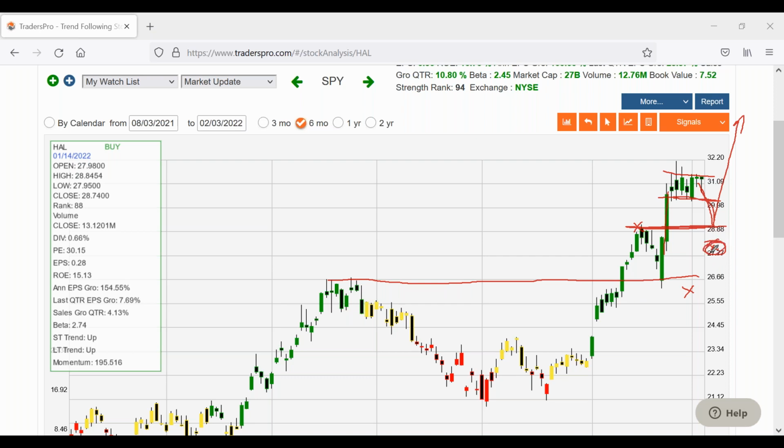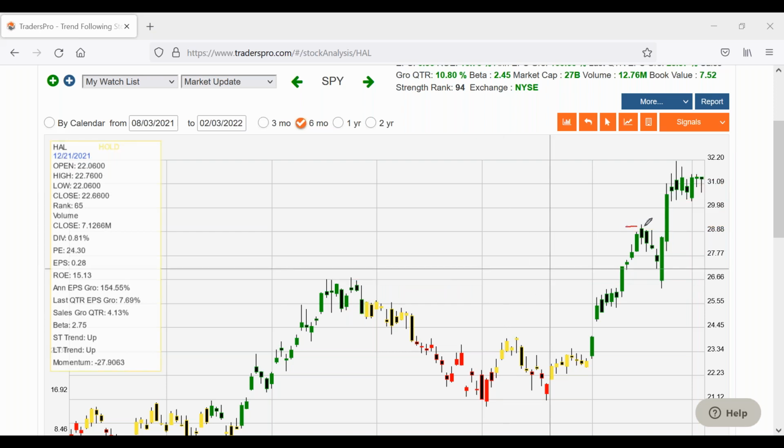In fact, that's probably a better area, because if it dips down further than that, you probably have a trend reversal in oil or a deeper pullback in oil. You probably don't want to be in it, or you probably get a really big, massive market sell-off, and you might not want to be in anything at that point. But that's probably a good area for a stop to be right there. But I like that pattern.